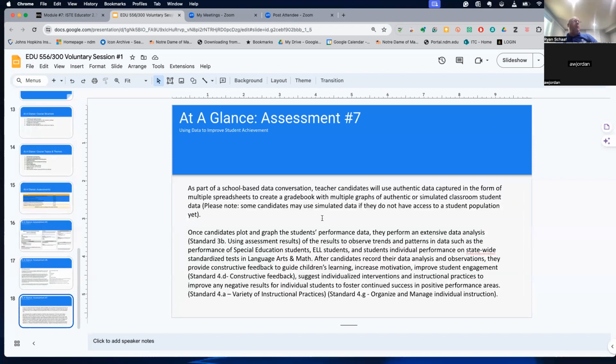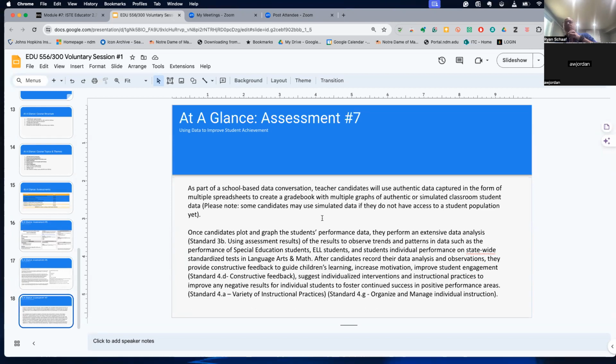And finally, assessment number 7 is using data to improve student achievement. This assessment involves teachers having a data conversation where they actually take student data and look at it. They perform an analysis. They work with the data, organize it, collect it, and analyze it.